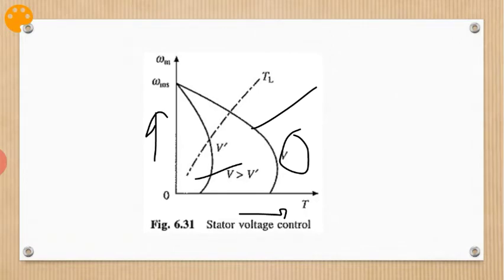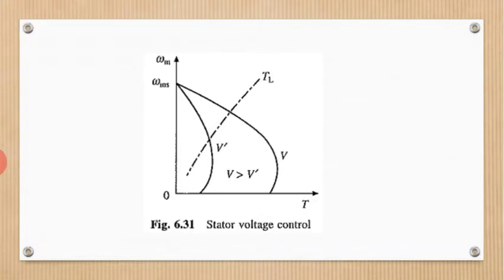Hence the stator voltage control is used where the torque demand is not high. So it will be suitable only for fan and pump drives. Here I conclude that with stator voltage control, to reduce the speed for the same current the motor develops lower torque. Consequently, the method is suitable for applications where torque demand reduces with speed. Such examples are fan and pump drives.